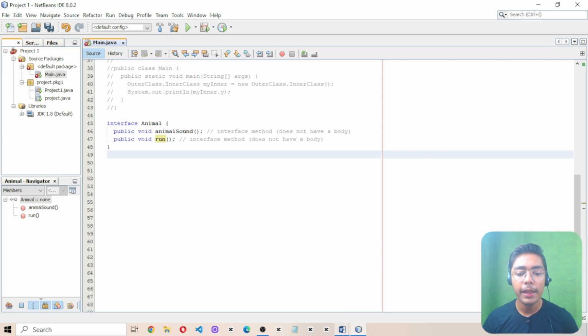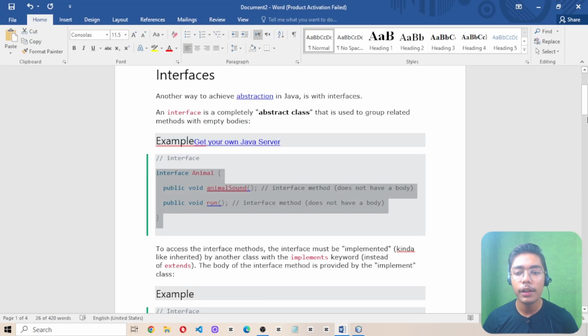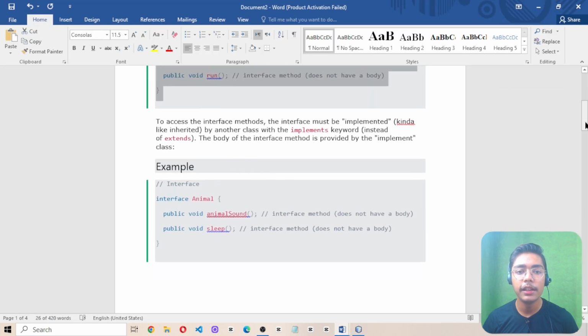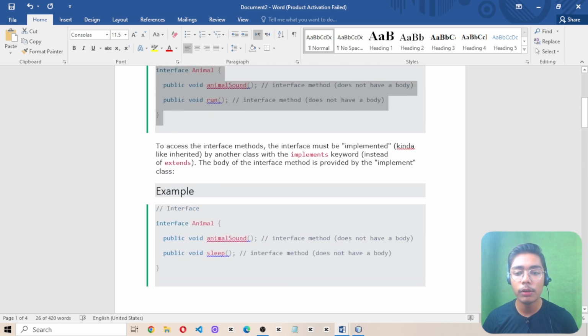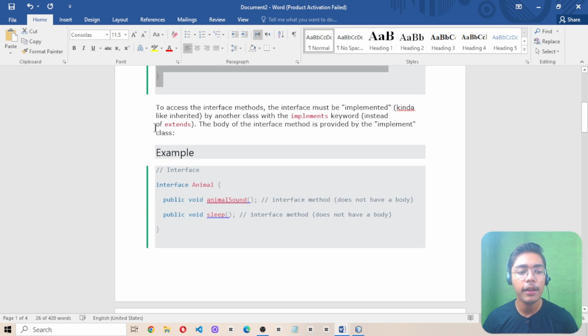Now I will explain what happens if we are adding different things in this interface class, how we can do that, and how we can run it with the different things we are adding here. So now let's see the second example, but before moving on to the example, we need to